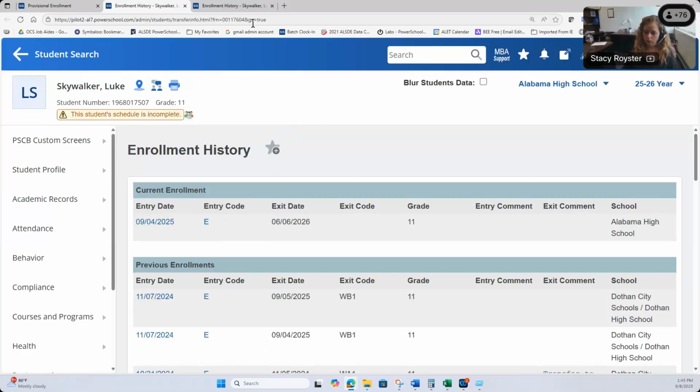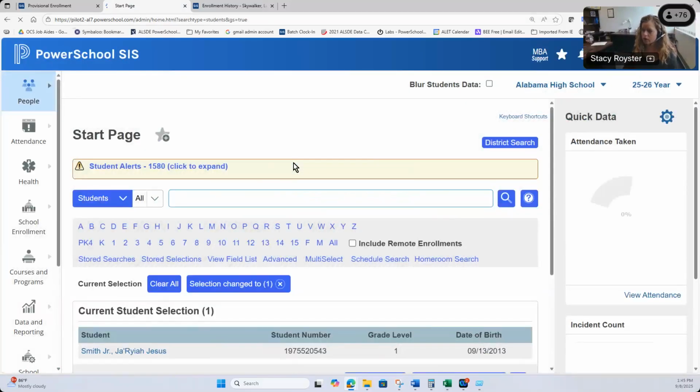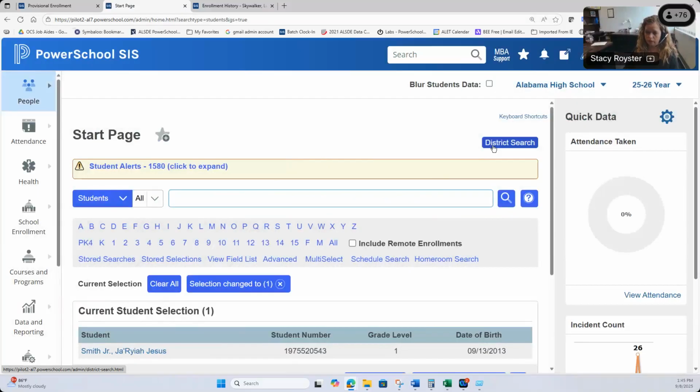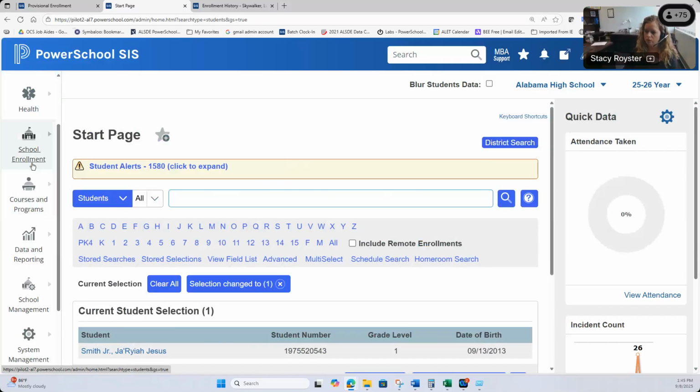Just to do one more for you, if I go back, now I'm kind of shortcutting this right here. Remember, we should always start with our district search to see if the kid was previously in the district and we need to do a re-enroll. I got Marty McFly sitting in front of me now, and when we enroll Marty, I've already searched him and Marty's not been in the district before, so I'm going to come over here to school enrollment. I'm going to go into enroll a new student,